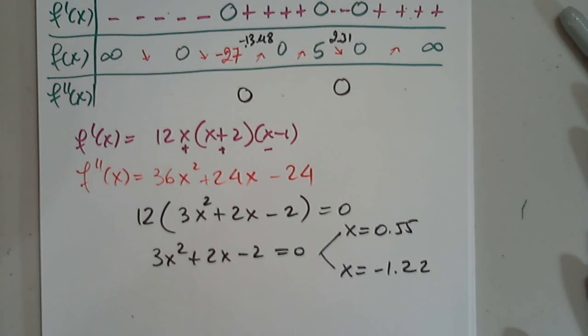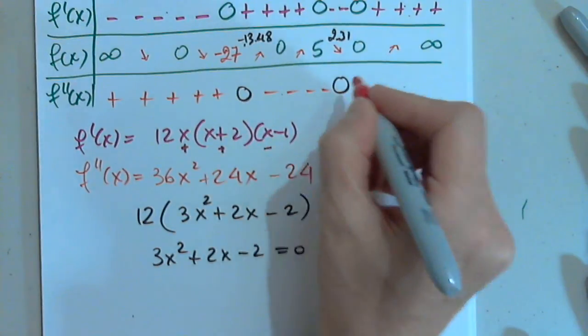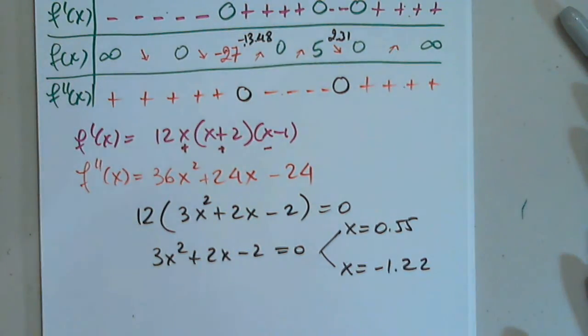Okay, so to the left, I'm going to plug in negative 10. And it should be positive. I plug in 0, of course it should be negative, and I plug in 10, of course it should be positive, as expected because it's quadratic. So we knew that, but that's another way of doing it. So once we have all this,